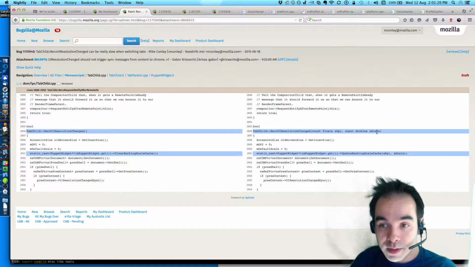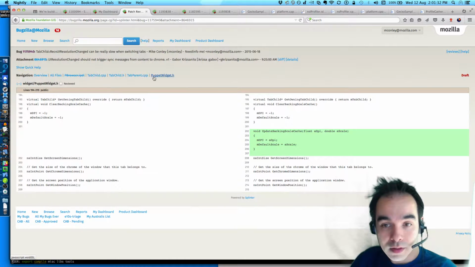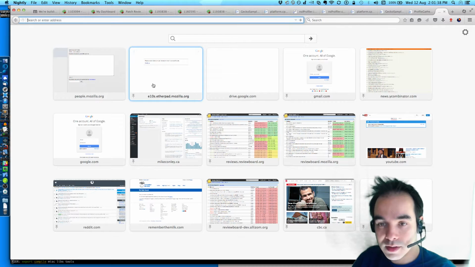So we receive the DPI and the scale. We cast the Puppet widget, and we update the backing scale cache. Does anyone else use clear backing scale cache?